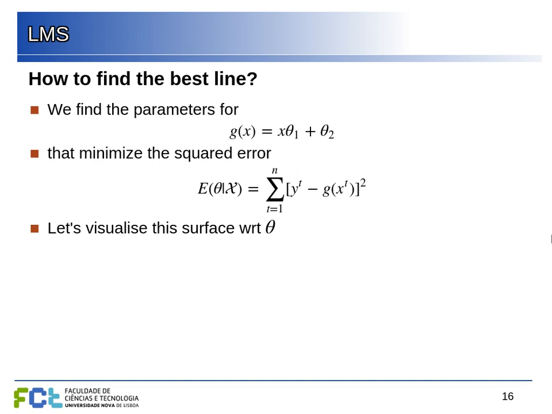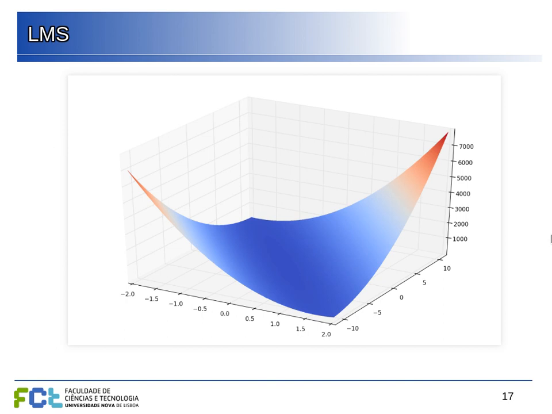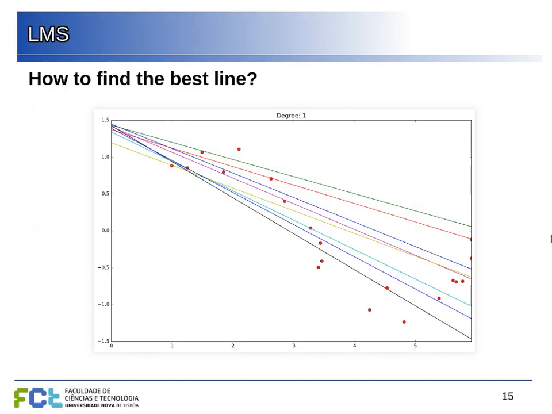So it will be something like this. If we are on the right spot, so we have the correct values for the parameters, we have the maximum likelihood, and we minimize the error. But if we change the parameters away from that spot, then we start having lines that are falling away from our points, and the error will start increasing.